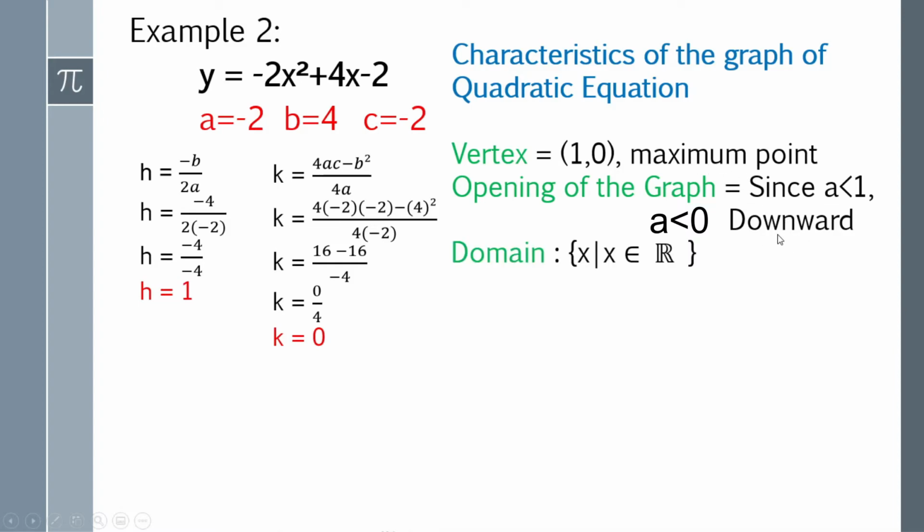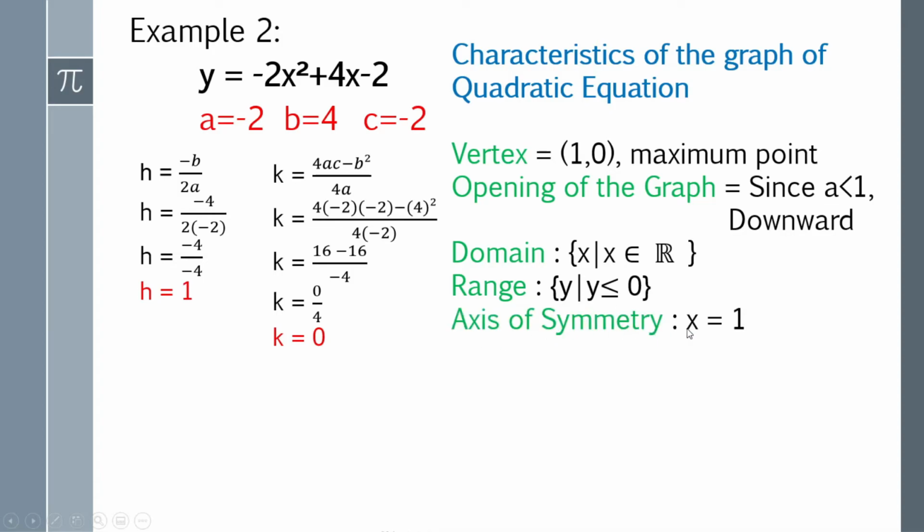So, domain, so all real numbers. So, such that X is an element of real numbers. How about the range? So, range, ito yung K natin. Ang k natin 0, so kapag negative ang a, so less than or equal to ang gagamitin. Axis of symmetry, 1 kasi nagbabase tayo sa h. So axis of symmetry is 1. And to solve for the x-intercept,